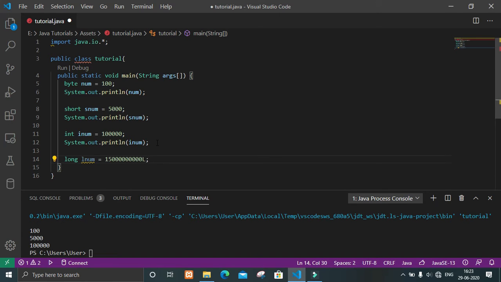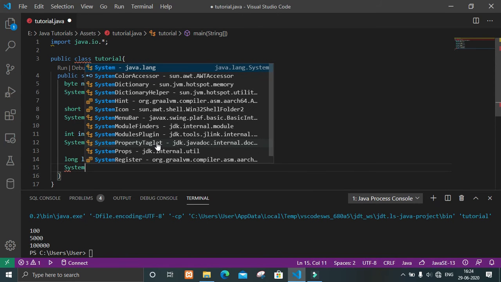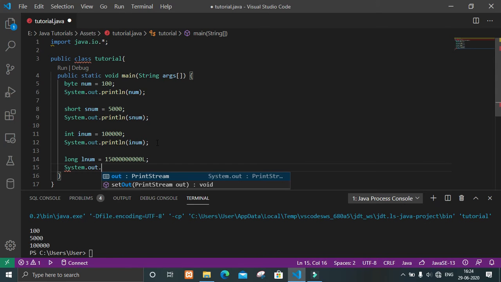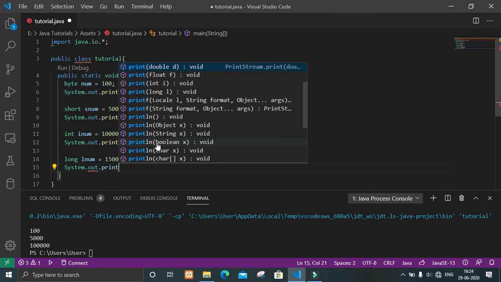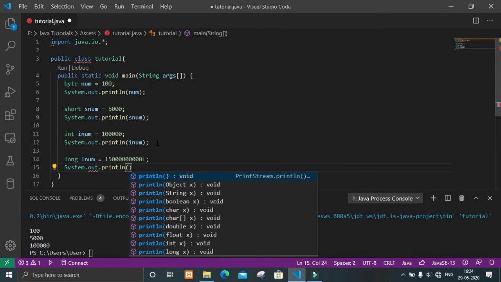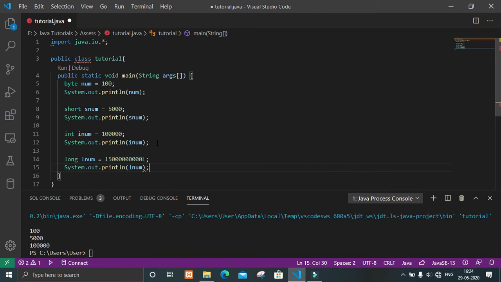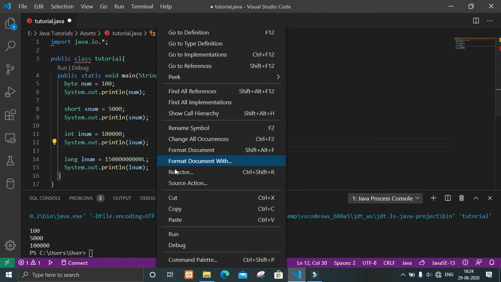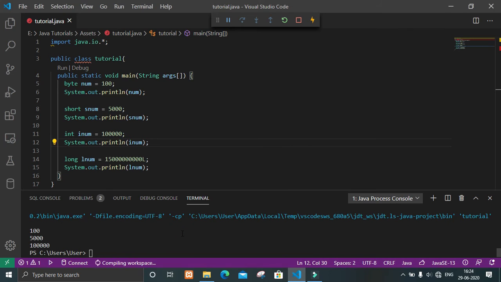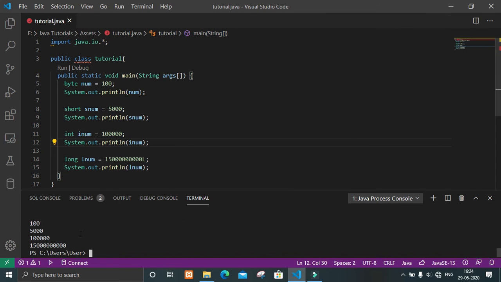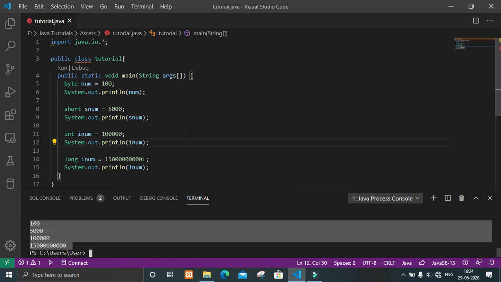Note that you should end the value with an L, that is to describe that it is a long type value. Let's print this. Here you can see we are getting the values correctly.